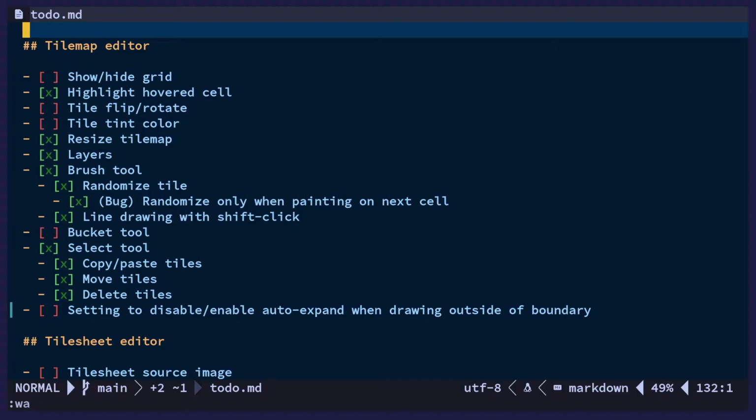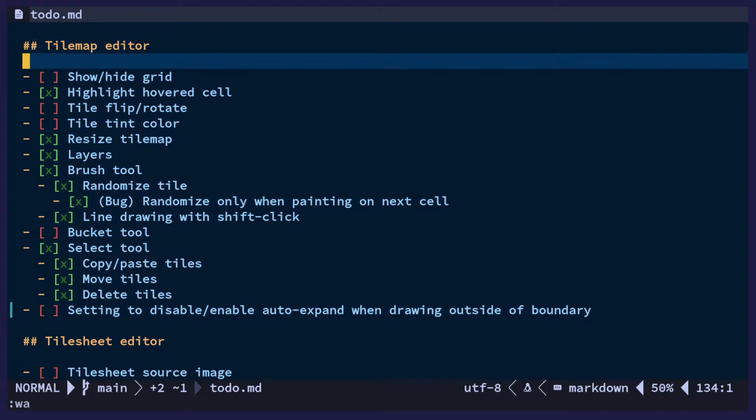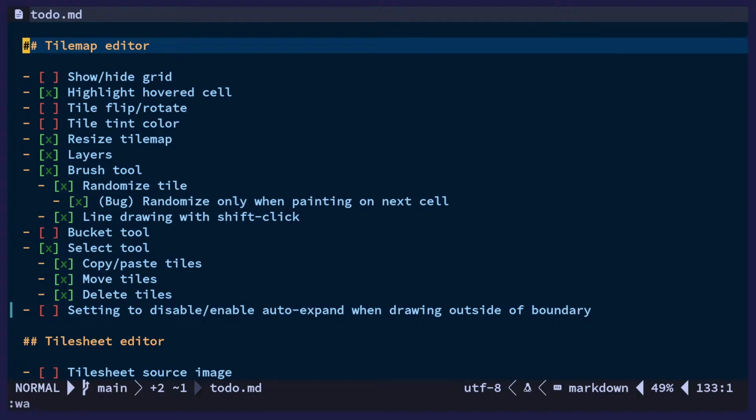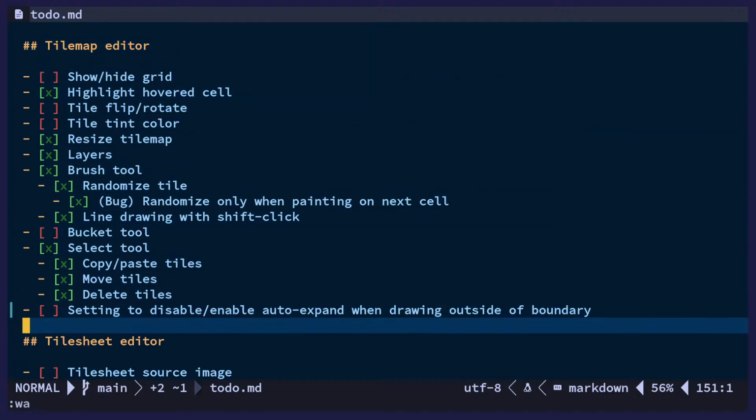But once it's up and running, level building is going to be really nice. But we'll see if we'll get to that. I'm gonna do some research about that